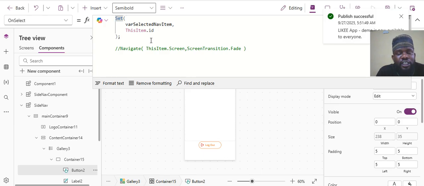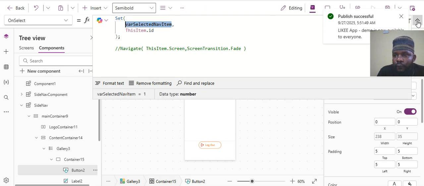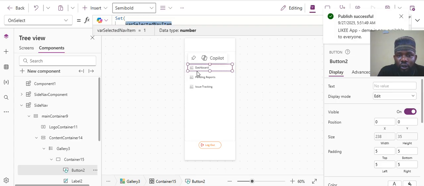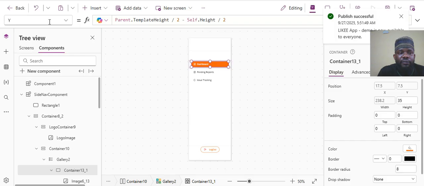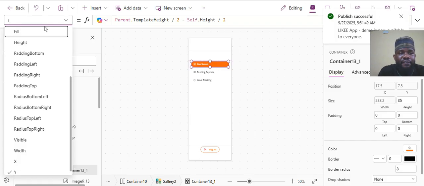If it is the second one, it will be 2. If it is the third one, it will be 3. So that's what we'll be using to change the color and the feel of this. So now we go to the fill. I'll just copy this quickly. Come here, fill. Go to the field and now say if